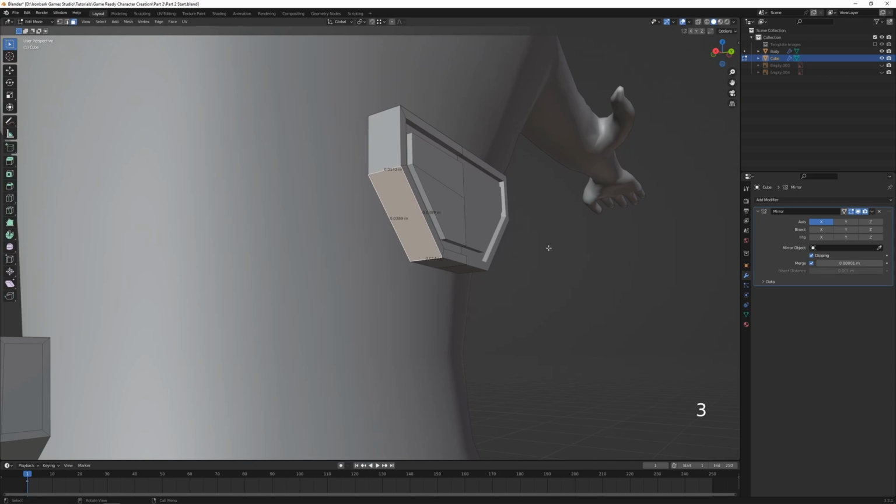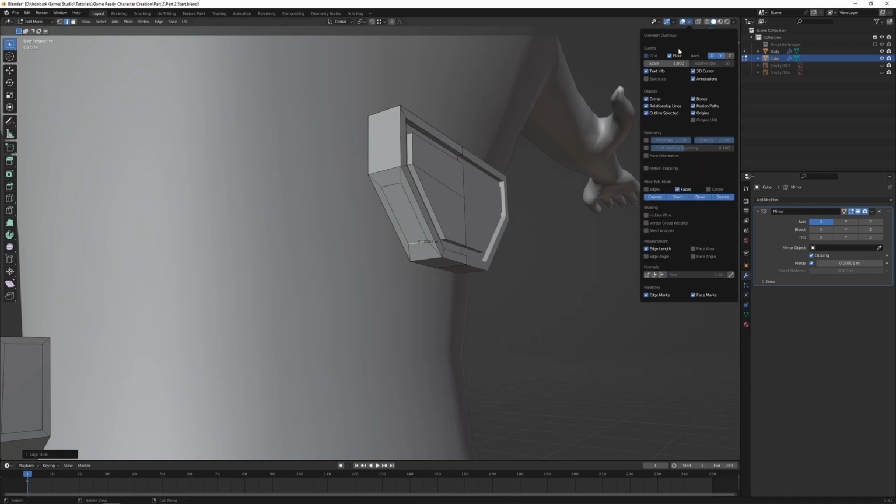Select that face, press I. Just go there for now. 0.0, it's a little bit too much. There, 0.025. Alright, close enough. Don't really need the edge length turned on anymore, so I'll just turn that off so it's